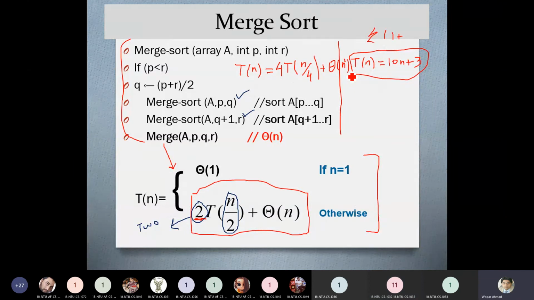Now, one more important thing. What is the time other than the recursive calls? How can you guess the time other than recursive calls?